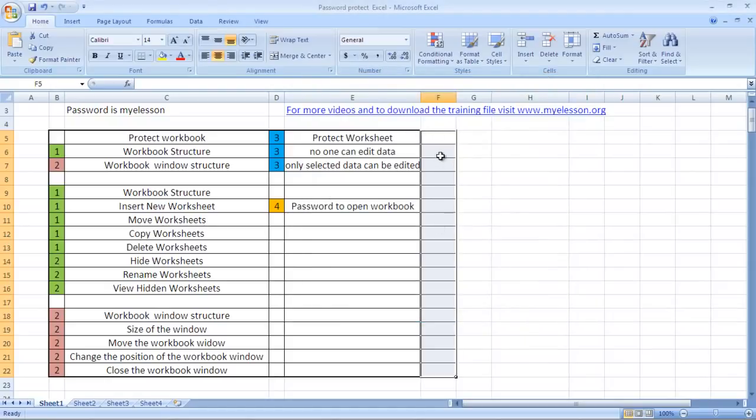I selected the range which I wanted to make editable. Then I clicked here, and when the dialog box opened, I chose protection and I unchecked the locked option. Now this range is editable. See,